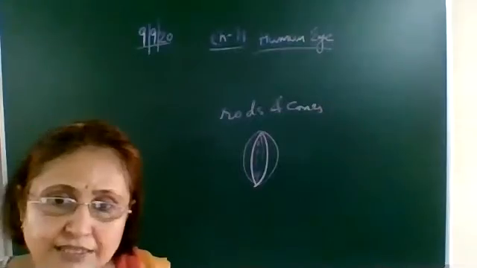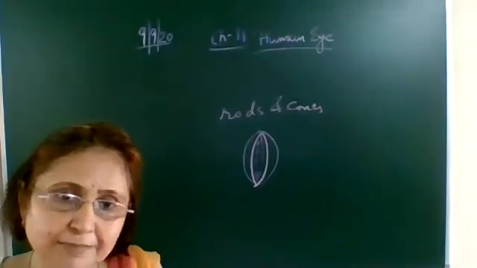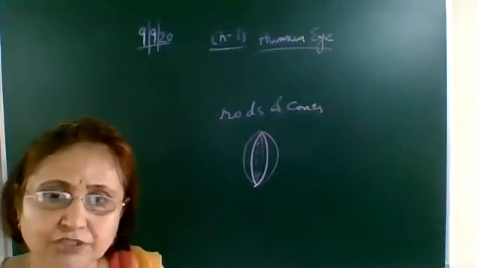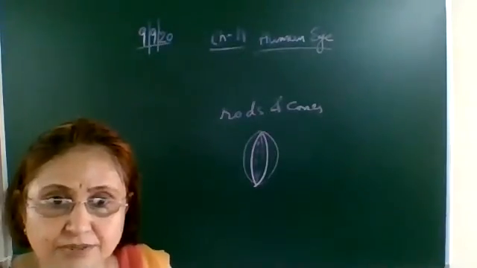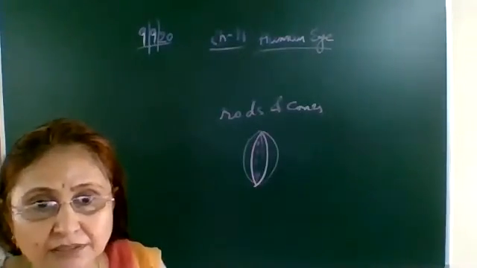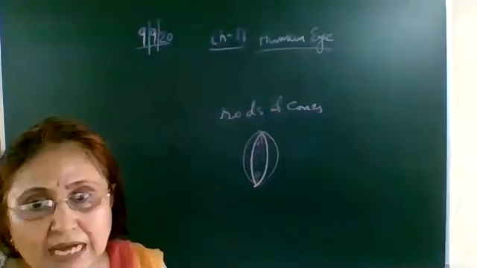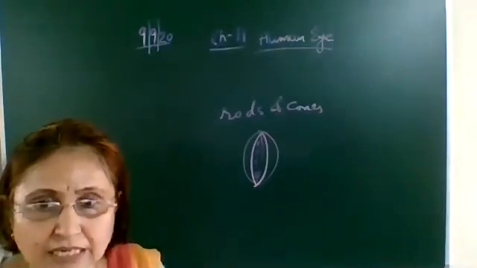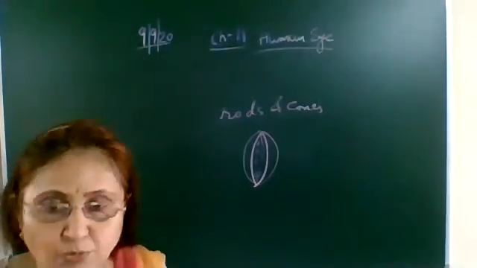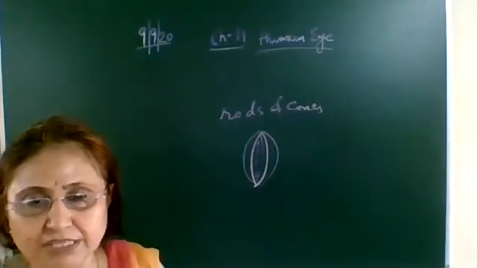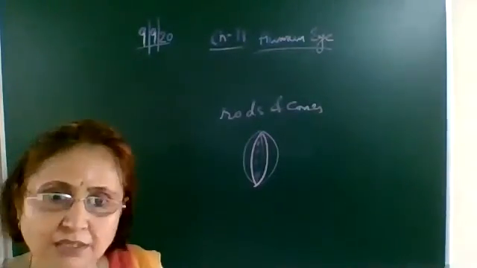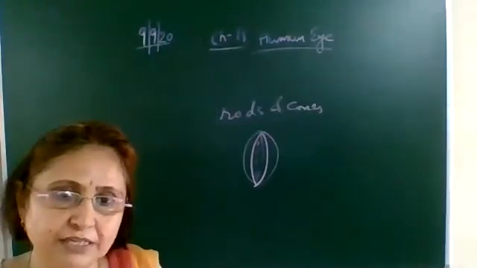Whereas on the other side, when you are looking at a nearby object, that is when you are reading a book or your copy, the printed letters, what happens then? The curvature, that is the eye lens, becomes thicker. The curvature increases, it gets more bulged out. So its focal length decreases and you can see the close by objects very clearly.